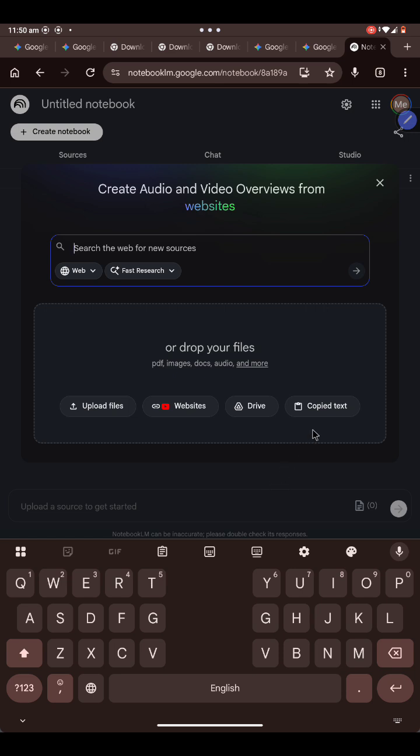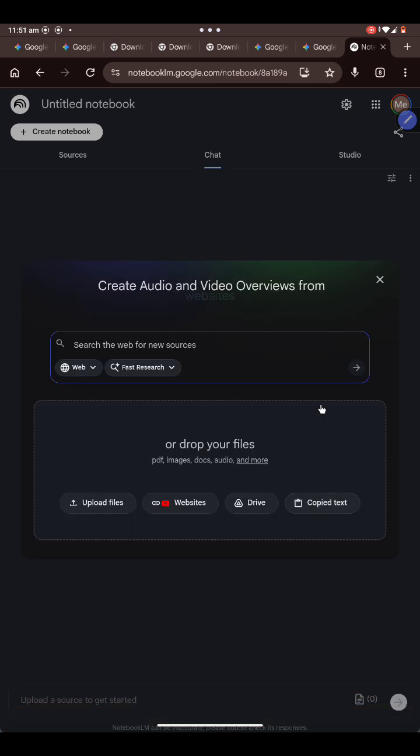notebook would open. Now if you have files already in your PC or laptop, then you can upload files. You can also have certain links from websites, links from YouTube or any data in the drive, or you can type or copy the text also. Now suppose I click the